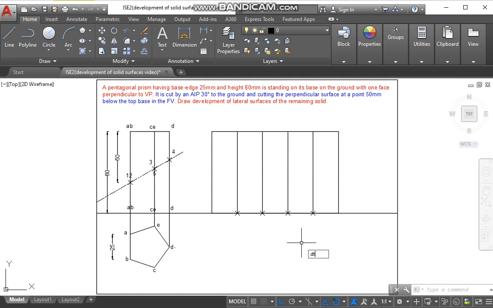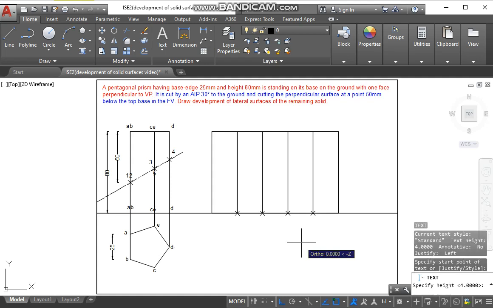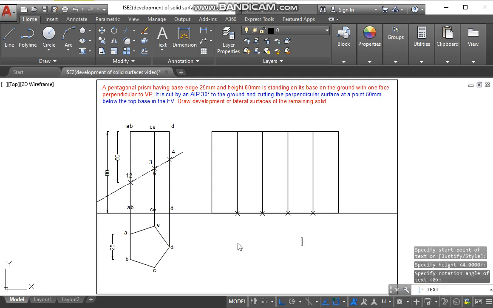Now we'll give the names. So here we can take any edge as the starting point. So here I am going to take A as the first edge, A. Here it will be B. Here it will be C. Here it will be D. Here it would be E, and here again it would be A.